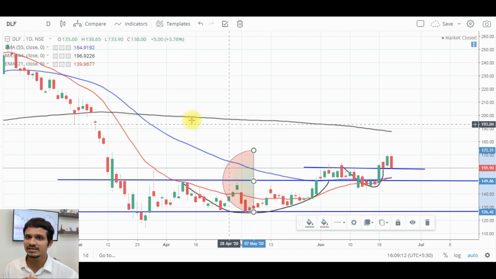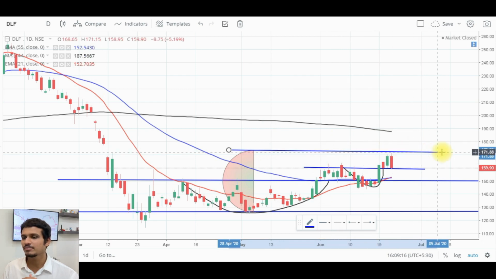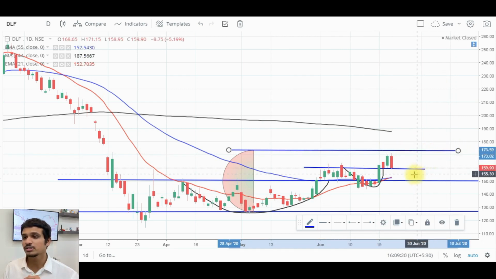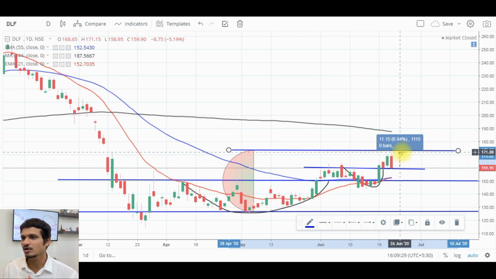So let me mark this with a trend line once again. So we see that this trend line can be the support or the resistance of the immediate swing high that we can get here. So if we calculate how much room there is for expansion for the price, it is around 6 to 7% till the price attains this target.